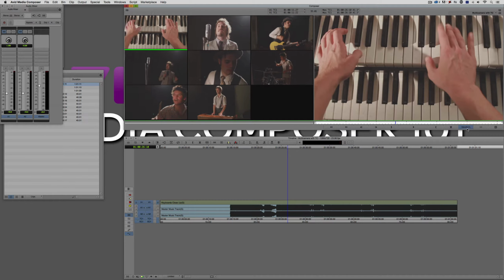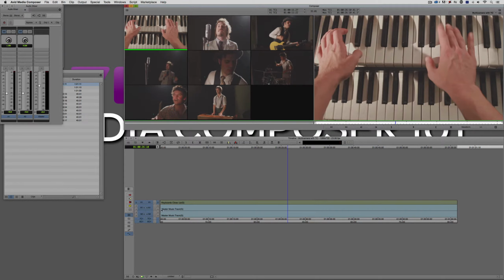Now, what I'm going to do is just turn waveform off here a second, just so that you can easily see the master music track here. And you'll see again that I can come up and switch that to be whatever I want it to be. Now, it's also very cool, I'm just going to switch that back to the master music track,